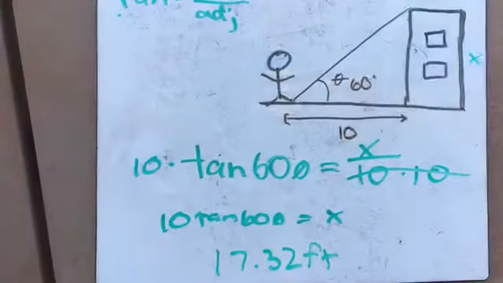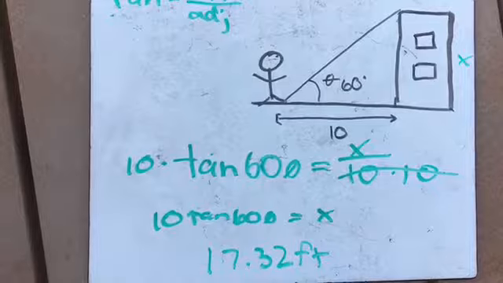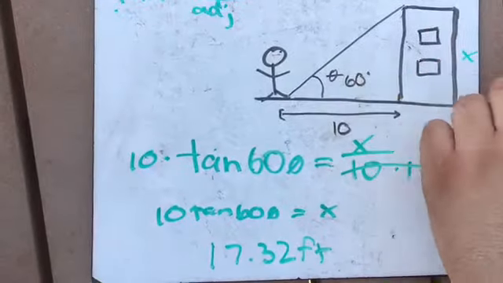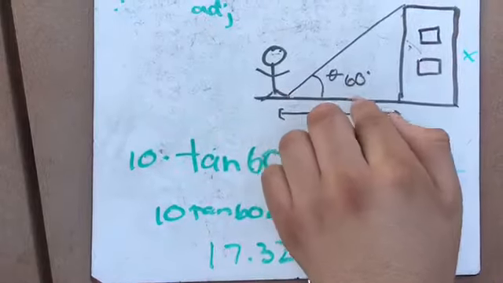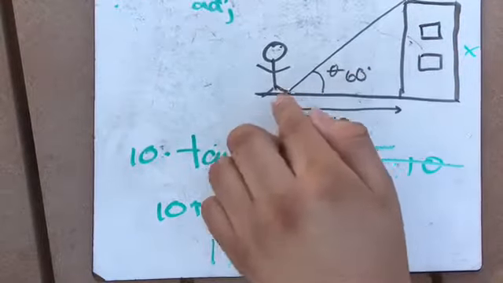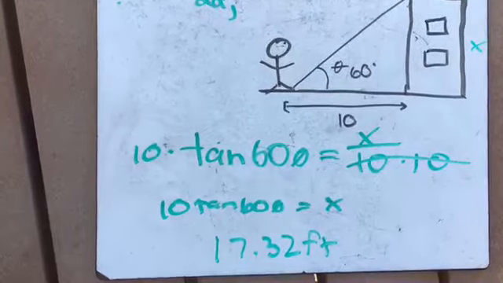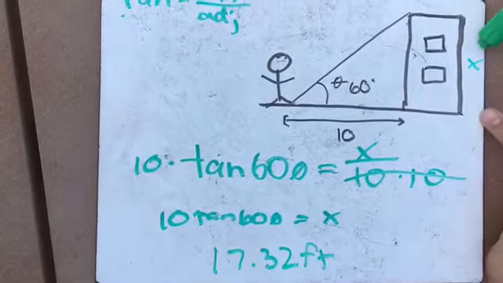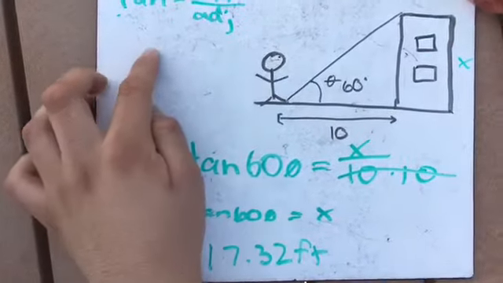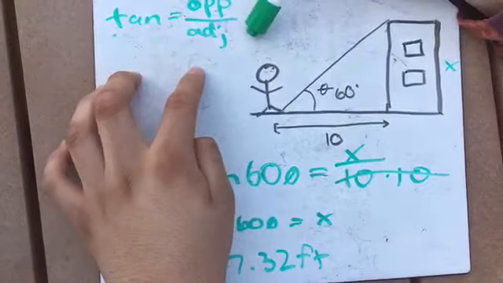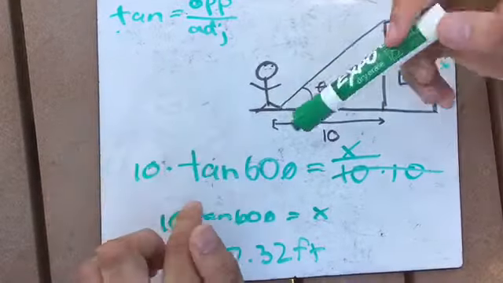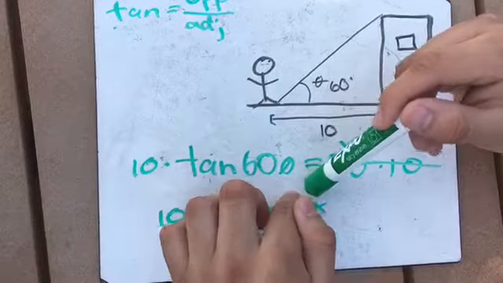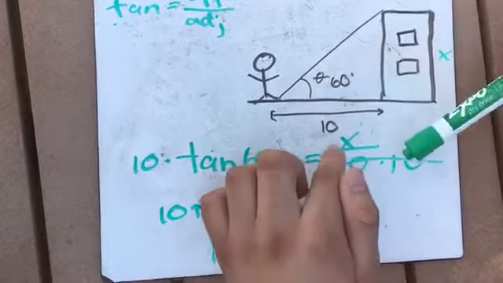In the question that Jenny just stated, we're trying to find the height of this building while the guy is 10 feet away from it, and the building has a 60-degree angle to him. To find the height of the building, you will use tangent, which is opposite over adjacent. So when we begin the question, it will be tangent 60 degrees equals x over 10, because x is opposite